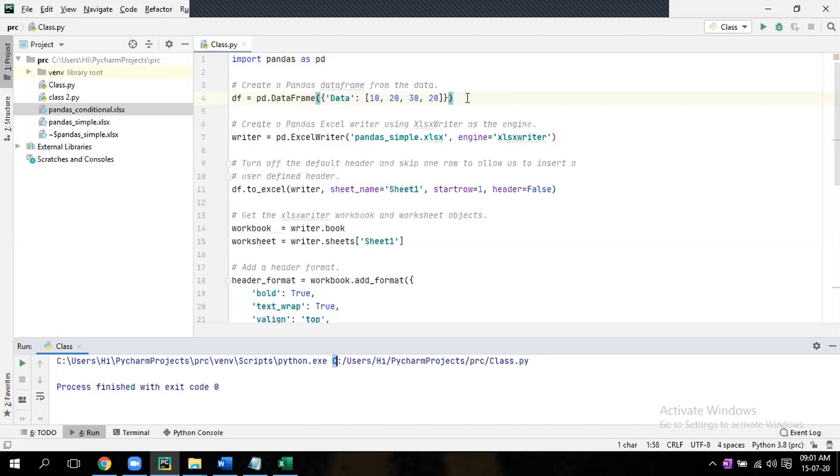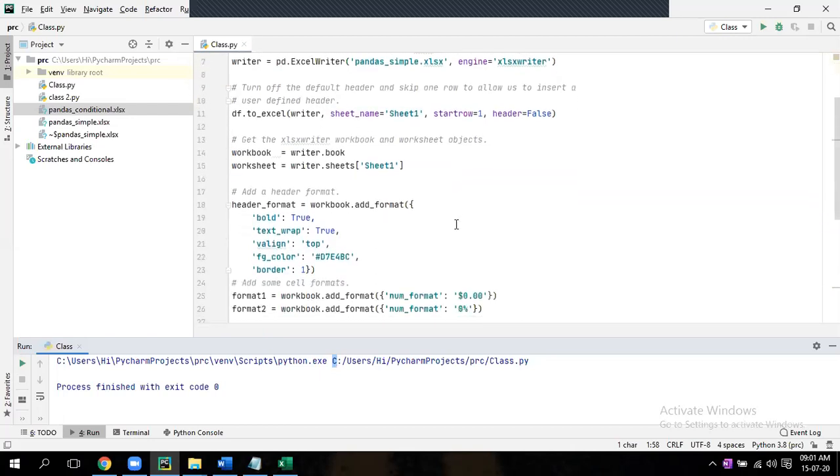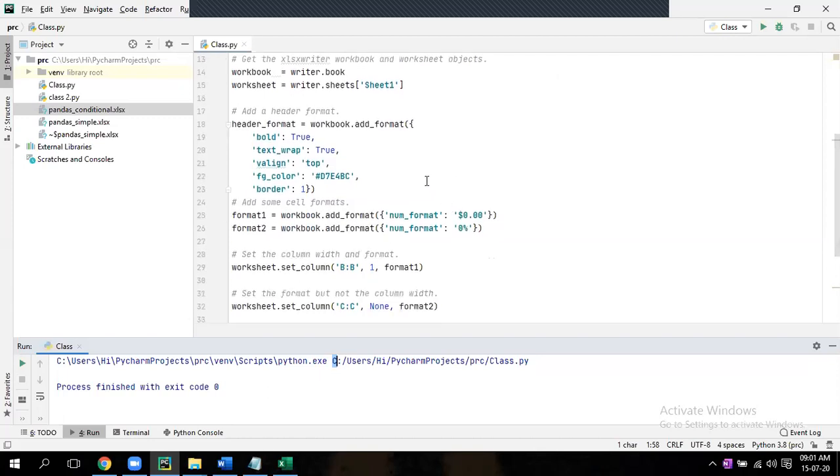Now this workbook and worksheet is done. Now see the format, header underscore format. Here I want to add the format into that. Before that, you have to tell what format you want. I want bold equal to true, and text wrap true. Like this, some color, some border, all these things. There are some properties again. As I told you, in Python all the libraries are already there, so you only have to see the properties, put that, get that, that's it. So we have defined that header format like this.